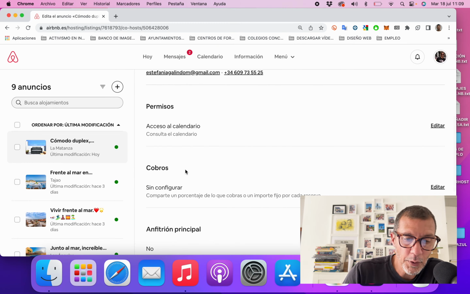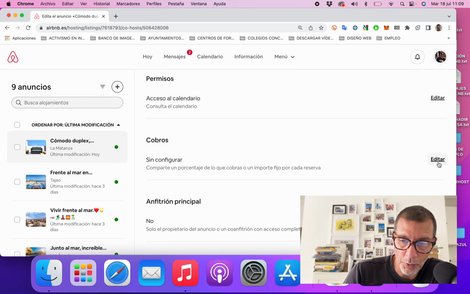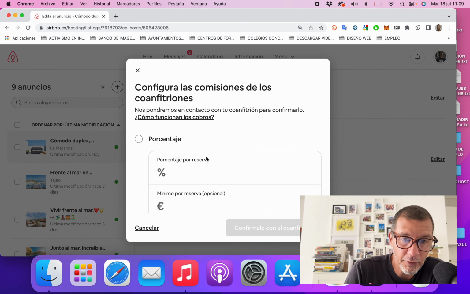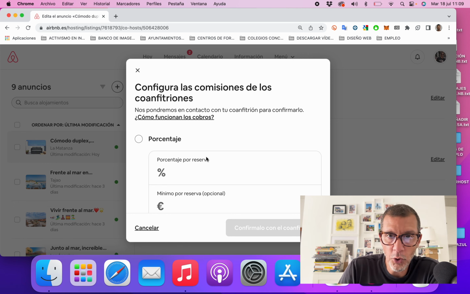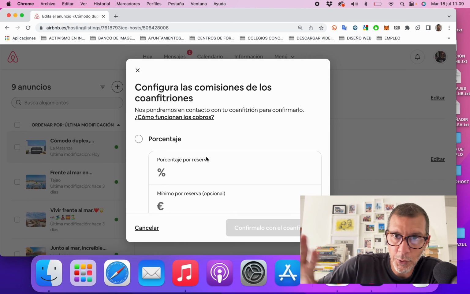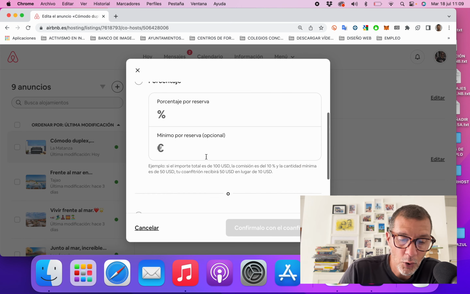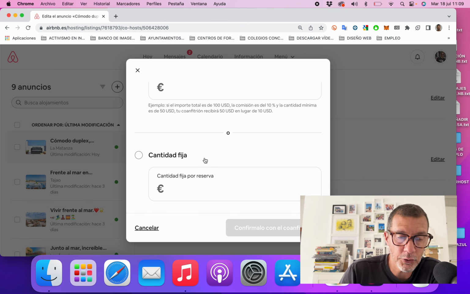And we can also assign collections to her. Well, this is super important because the platform is going to do it automatically. It will divide the charges, and our assistant, our co-host, will receive either a percentage of each reservation or a fixed amount that we have assigned. For example, we are going to assign a percentage,